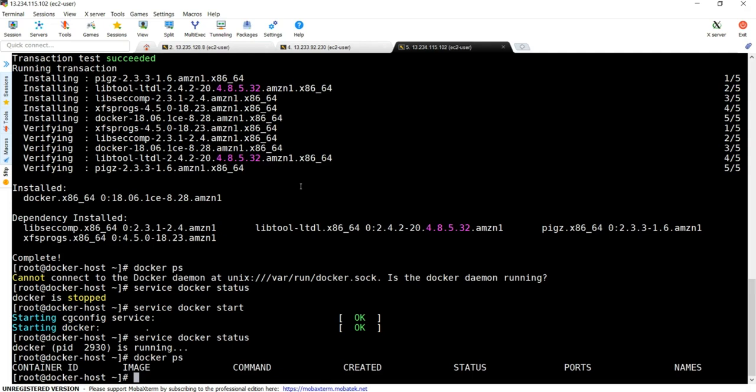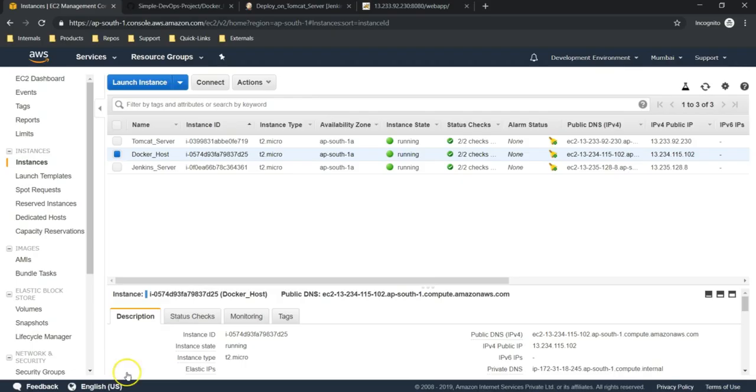I believe you already know that Docker containers are created out of Docker images, and Docker images are created from the Dockerfile. Initially, we need to write a Dockerfile. From Dockerfile, we should create a Docker image. From Docker image, we should create a Docker container. Instead of that, we can use some of the predefined images which are available in the Docker Hub. Docker Hub is a registry where it has Docker images which are created by different people. Let's jump into Docker Hub and see what is there.